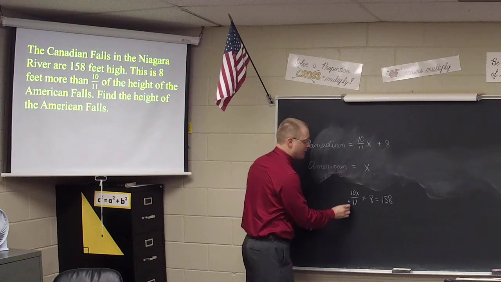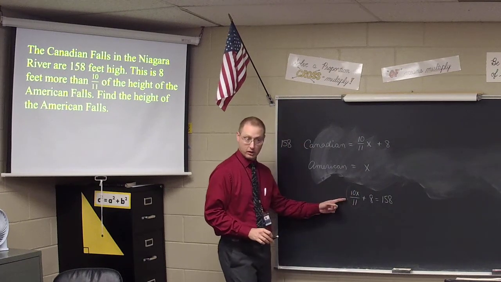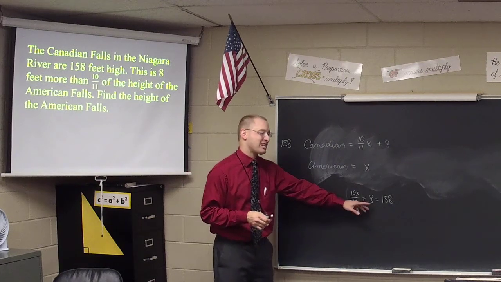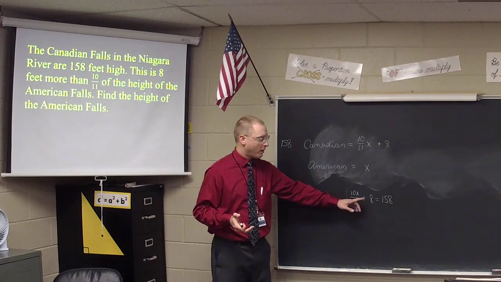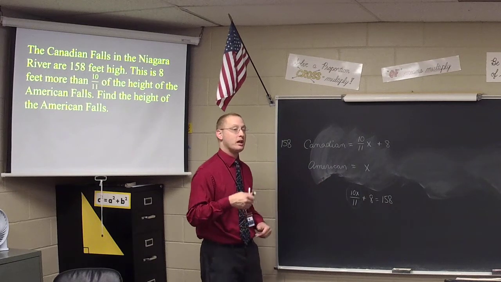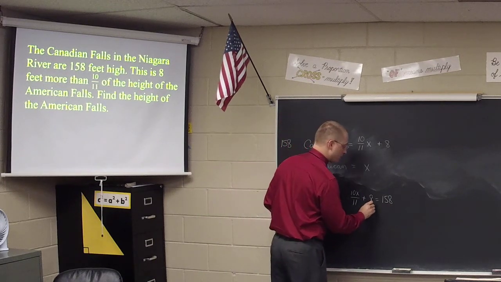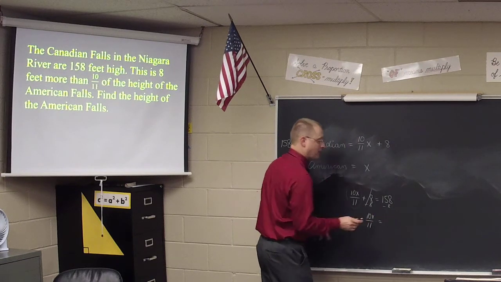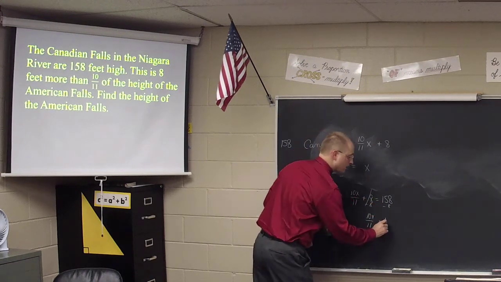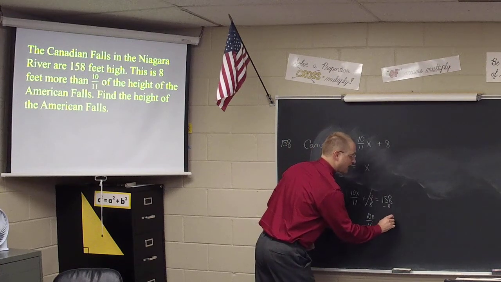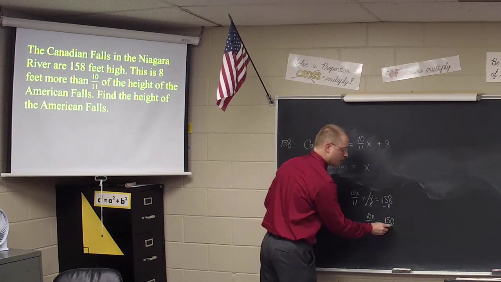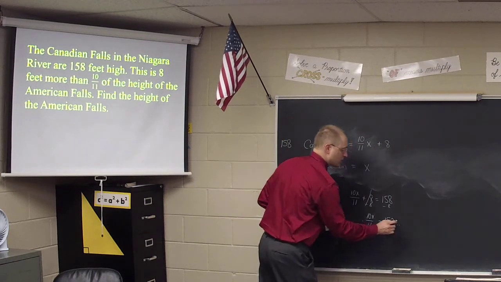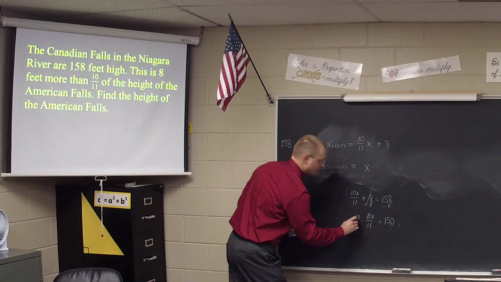If I could get this by itself, I could multiply by the reciprocal instead, right? But because of the 8, I can't just say, well, let's multiply by the reciprocal. Well, what if I got rid of the 8 by putting a negative 8 on both sides? Well, now I've got 10x over 11 all by itself equal now to 150, because we subtracted the 8, correct? 150 over 1. And now if I multiply by the reciprocal, class, which is 11 tenths,